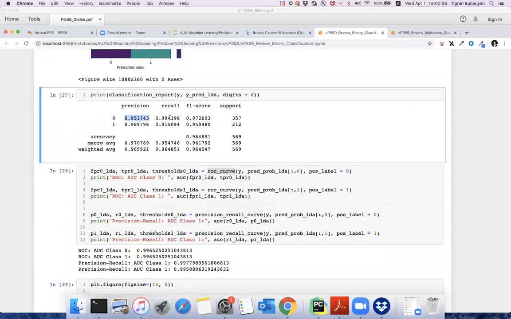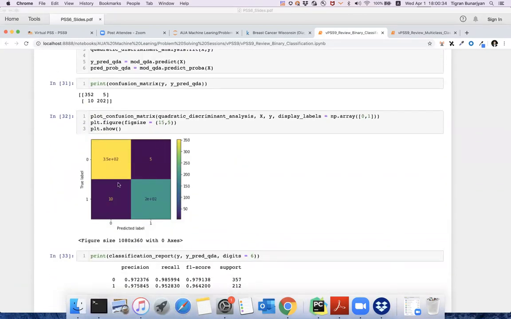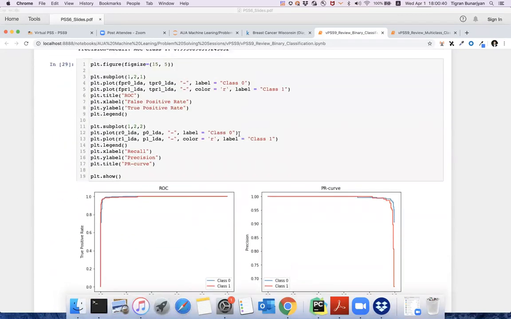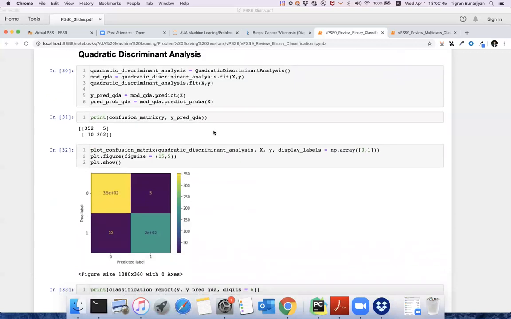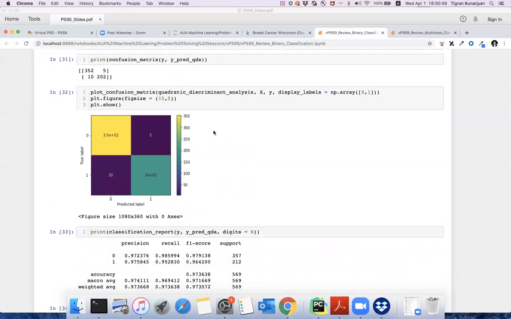The precision is greater, the recall not, but the classification report is, I think, the better one than in the LDA. Yeah, two and eight. I cannot hear you. I mean, the best model is the one where we have balance in the misclassification. For example, we have false positive in the LDA. The false positive is smaller than QDA, but